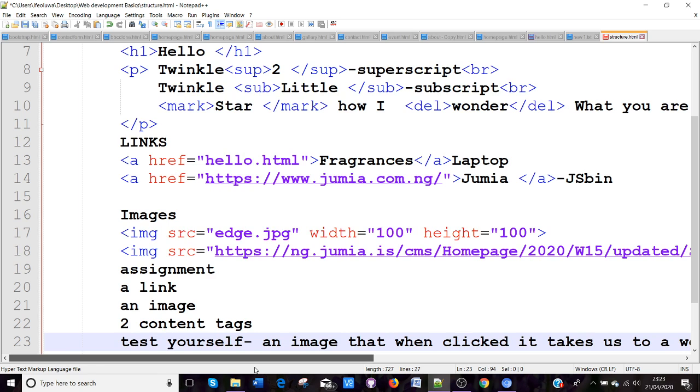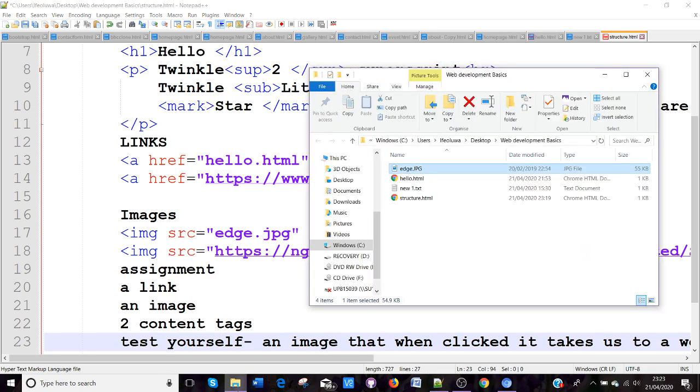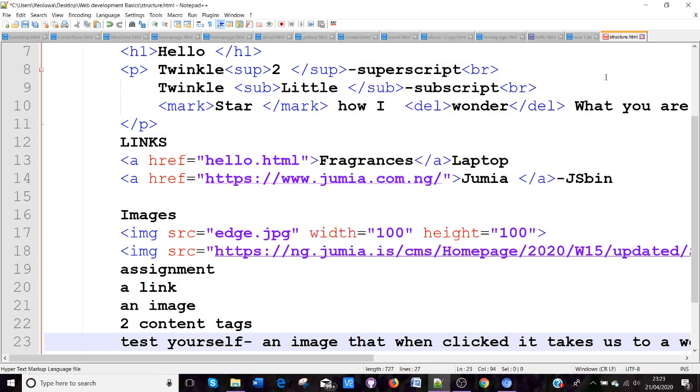Remember how this one is hello.html, a web page within my folder where I have this one. This one is called structure.html. You can see this is it. This is hello.html. So if you want to test yourself,